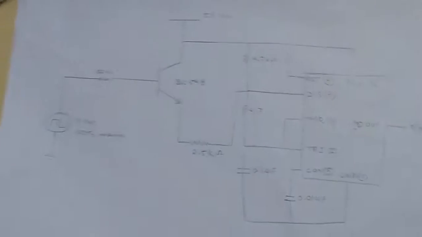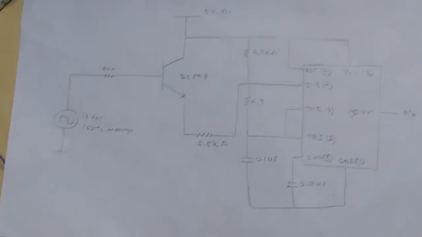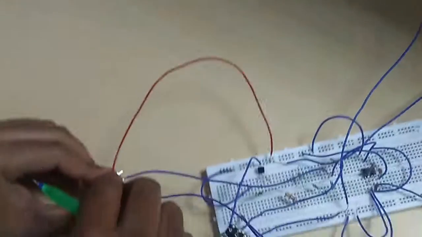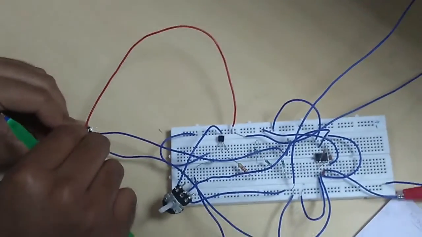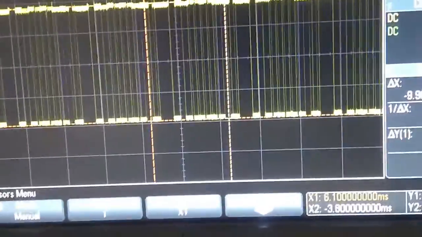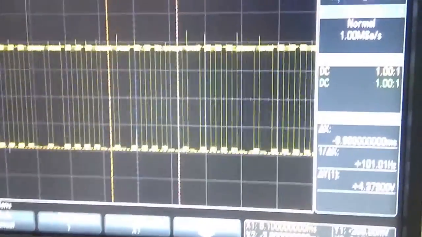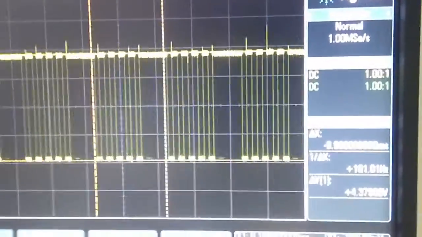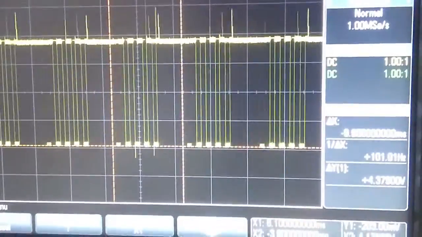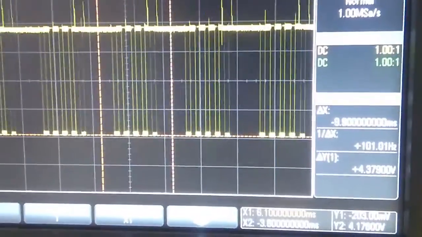Coming back to the circuit, when I change the upper resistor value, we can see the pulse width of the high signal and low signal is varying. So I can adjust my pulse width from this resistor. Again, from the second resistor, I can adjust